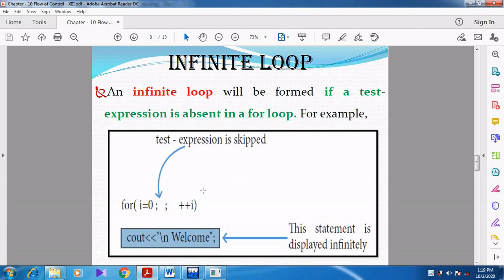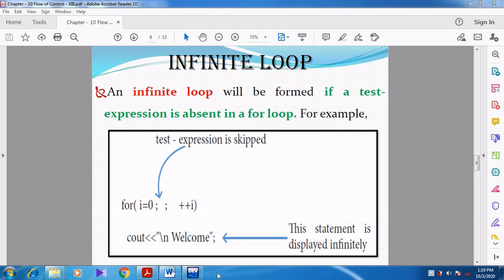Then again it checks for the condition, no condition, so the body of the loop is executed. Then i is incremented to 2, then the body of the loop again, then i is incremented to 3. So the i value will go on incrementing, and the body of the loop is executed again and again. The text welcome will be displayed in an infinite manner.